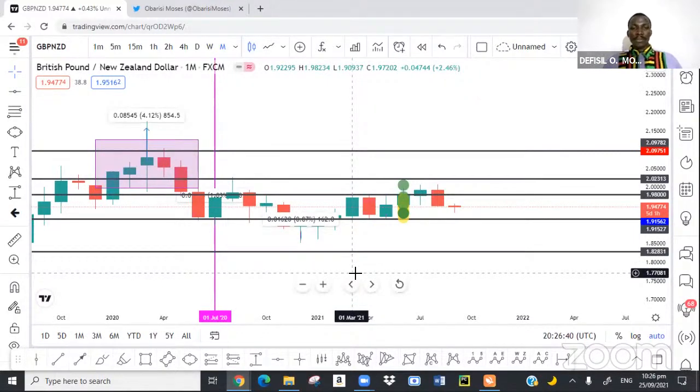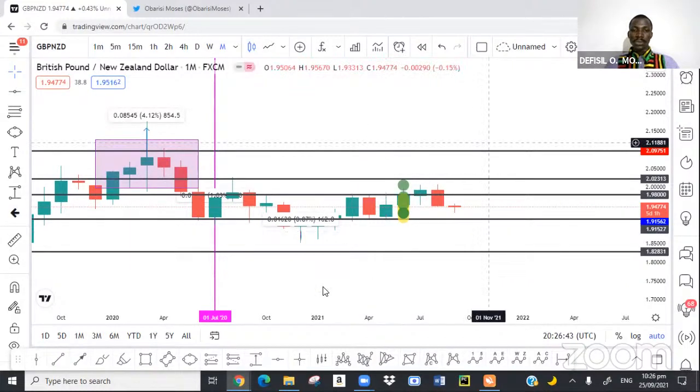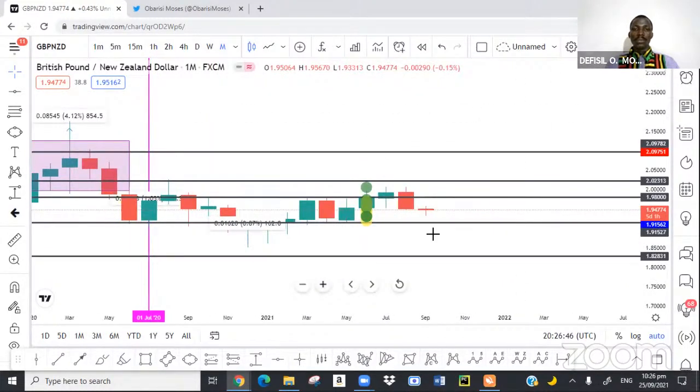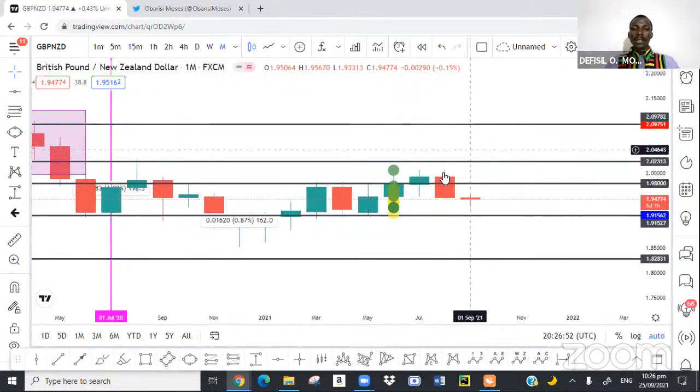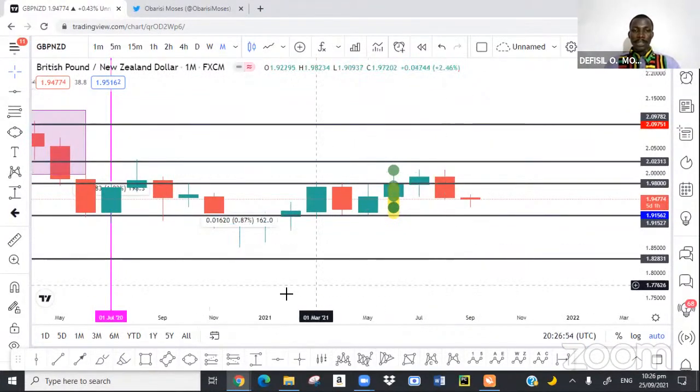Okay, this is a chart of pound New Zealand. Let me make it bold. Okay, on the monthly time frame,